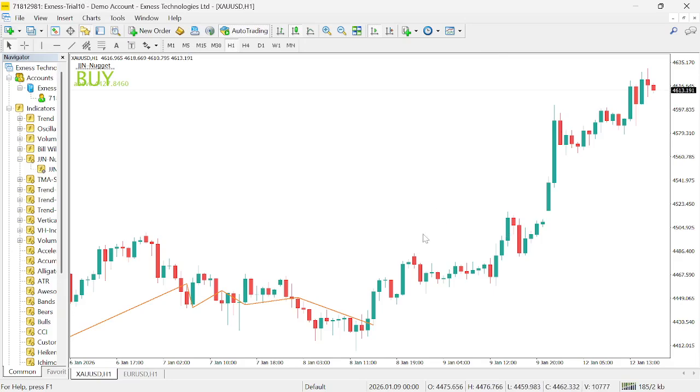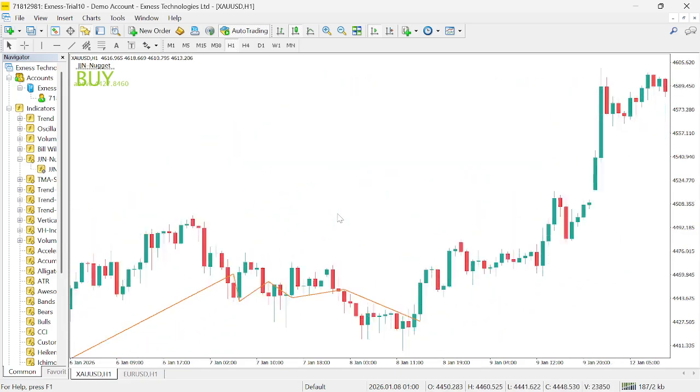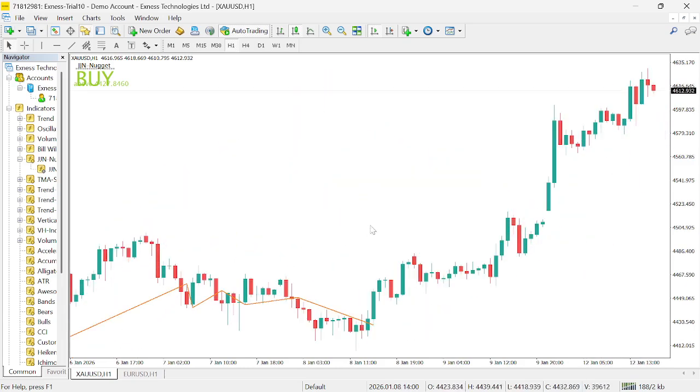This custom built tool provides a visually intuitive perspective on market behavior by drawing a sharp zigzag-like line that moves through the charts more dynamically than a moving average, generating green buy or red sell text signals above the chart based on whether price is trading above or below its reference line. In this video, you will see how the JJN Nugget Indicator works, how signals are interpreted, and which trading strategies